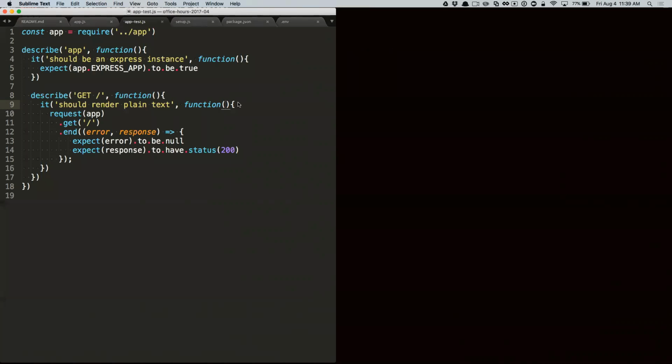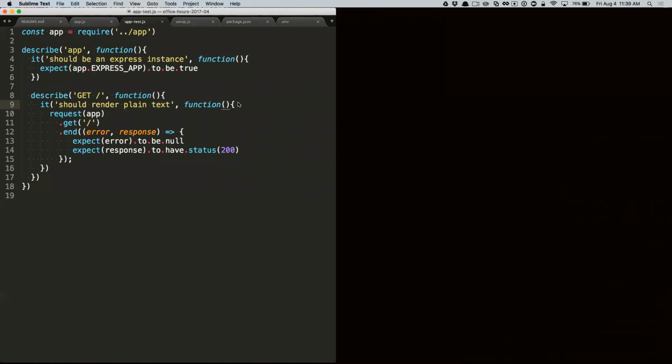Chai HTTP knows how to take the app itself and send in-memory, in-process requests. It's basically simulating requests, right? So there's no port, there's no reading and writing of an asynchronous IO stream or any of that stuff. There's no need for us to do an asynchronous part for this. We can just make a function call, get back the response, and